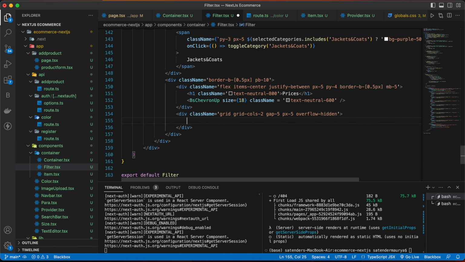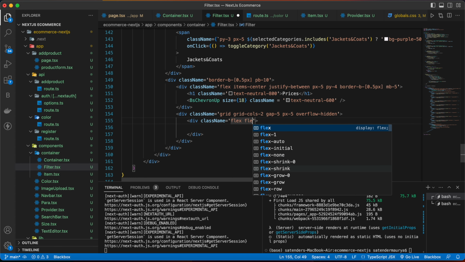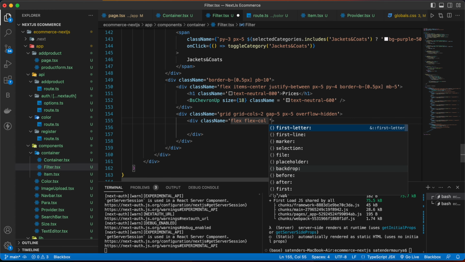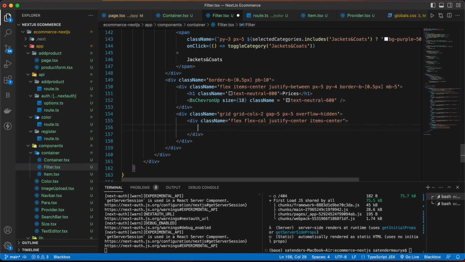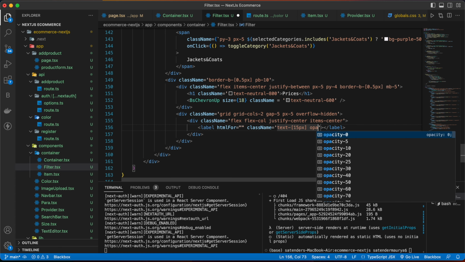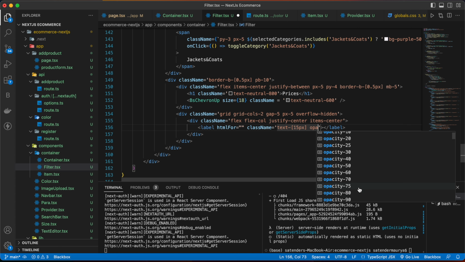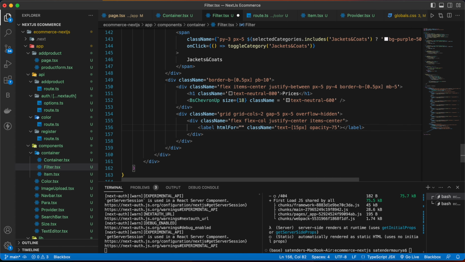and inside that make one more div with class name flex col, justify center items center, then give a label, and then class name text 15 pixels and opacity of 75, and write min.